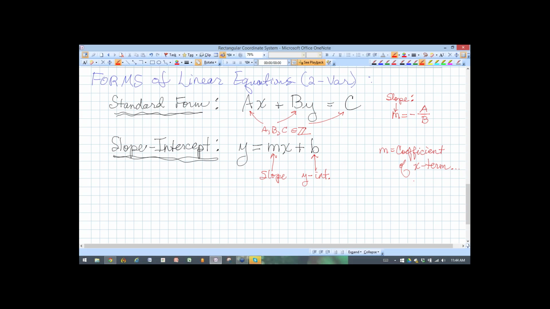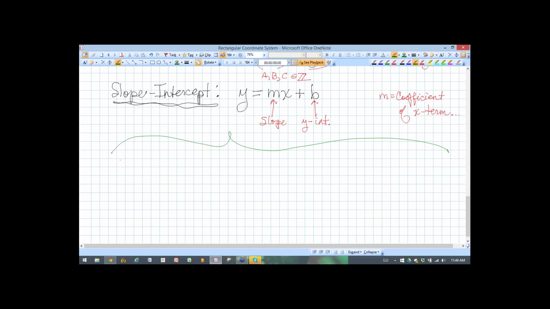Okay, the next one that I'm going to look at with you is important. I'm going to put this next one in green because these two, we can swap forms easily, and I'll show you how to do that in an example. But this next thing is called point slope form or formula, because this is the formula that will, when you're given the information in the point slope formula, you